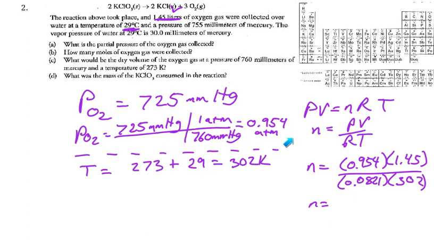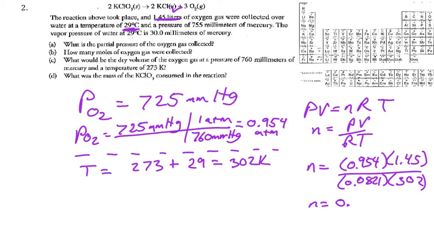So I've done a few things here. One is, remember we need the pressure in ATM, so I converted my pressure to ATM, remembering that there's 760 millimeters of mercury per atmosphere. Our volume was already in liters, so I already plugged it in, and our temperature I had to convert to Kelvin before I used it. Remember that R is 0.0821 in this case because it's a gas law problem and there's no joules involved. And what I got for N here was